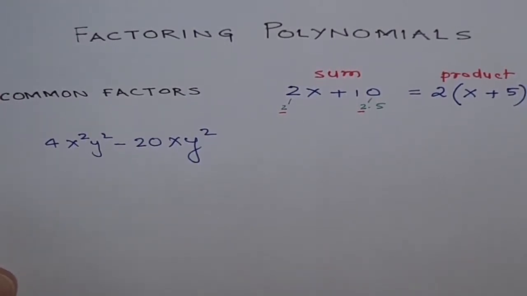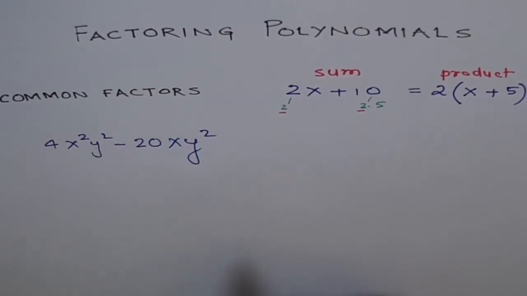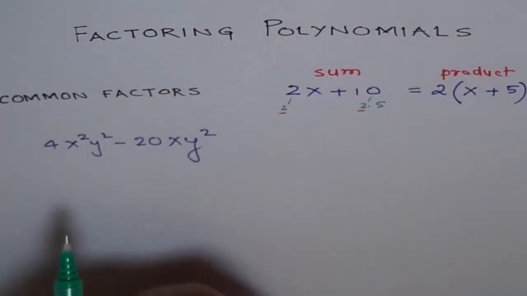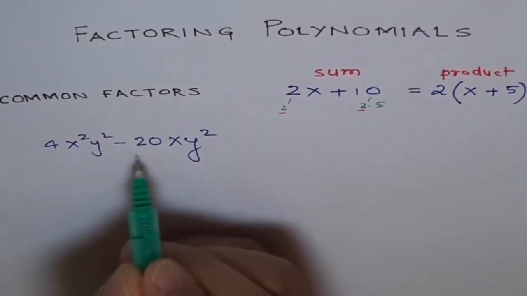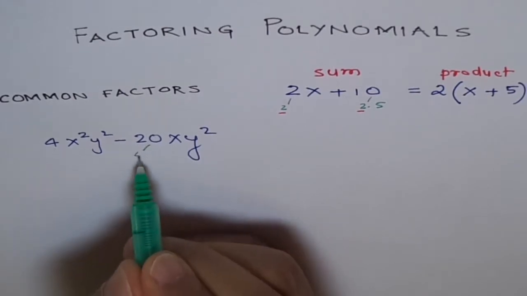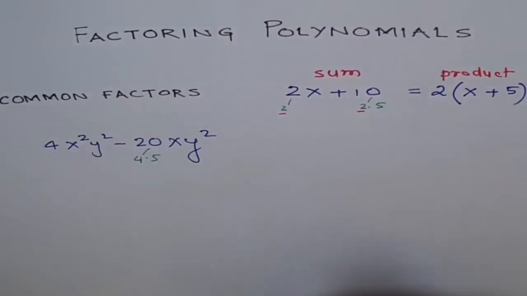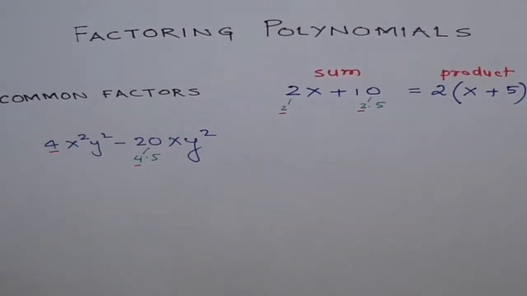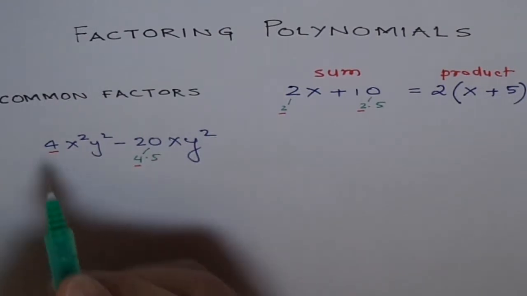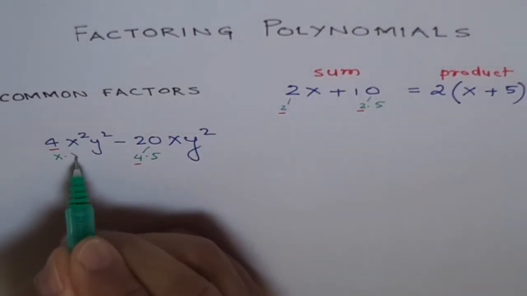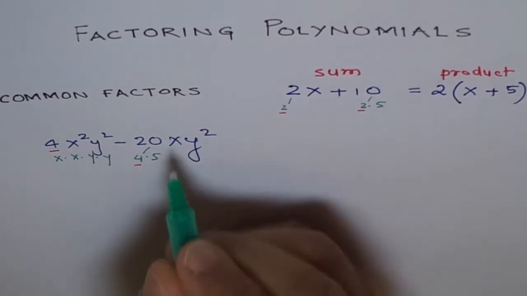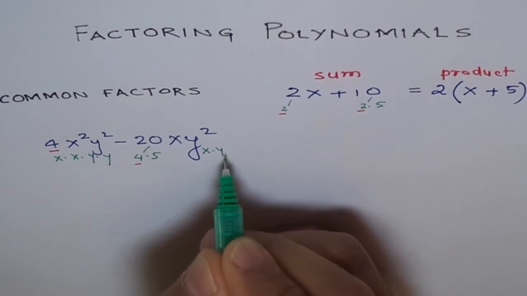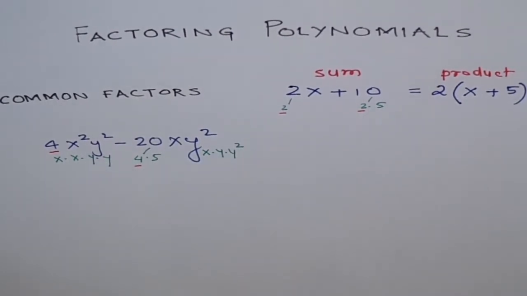Okay, now let's check the coefficients of the variables. The coefficients are 4 and 20. So let's factor 4 and 20. Well, we can write 20 as 4 times 5. Well, that means 4 is common, right? Here we have 4. So 4 is common. Correct. Now, x square y square is kind of x times y times y. And here we have xy square. We can write this as x y square. Is it okay? Now,